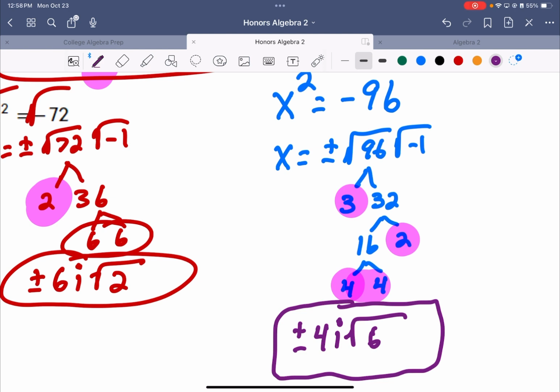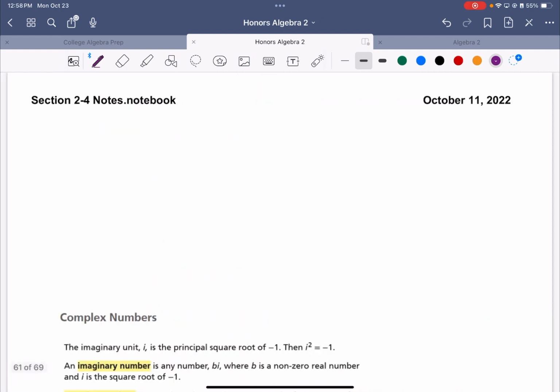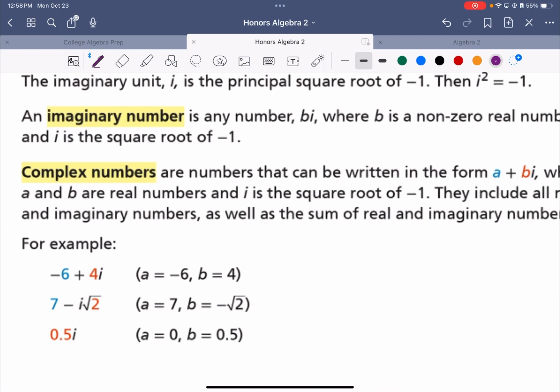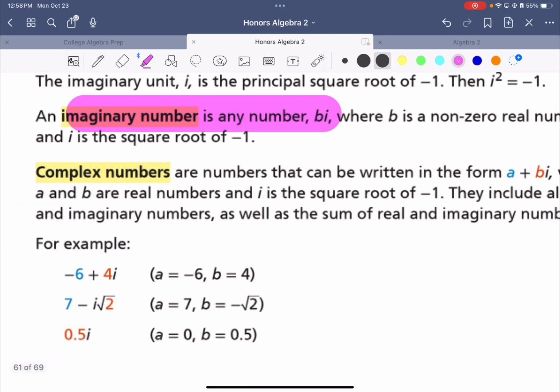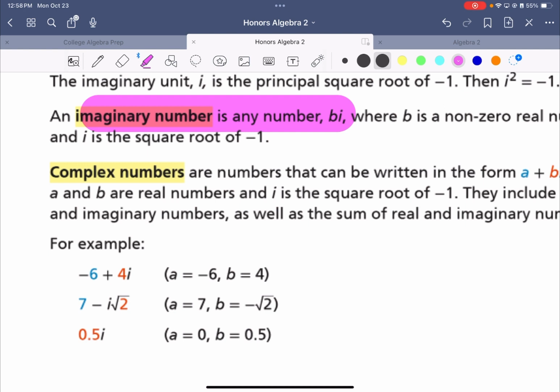So now as you can see, we've combined real numbers and imaginary units. i is just an imaginary unit. When we combine them together, we come up with what's called an imaginary number. An imaginary number is any number bi, where b is a non-zero real number. So that's called an imaginary number. When you take an imaginary number and add it to or subtract it from a real number, you come up with what are called complex numbers. So a complex number,